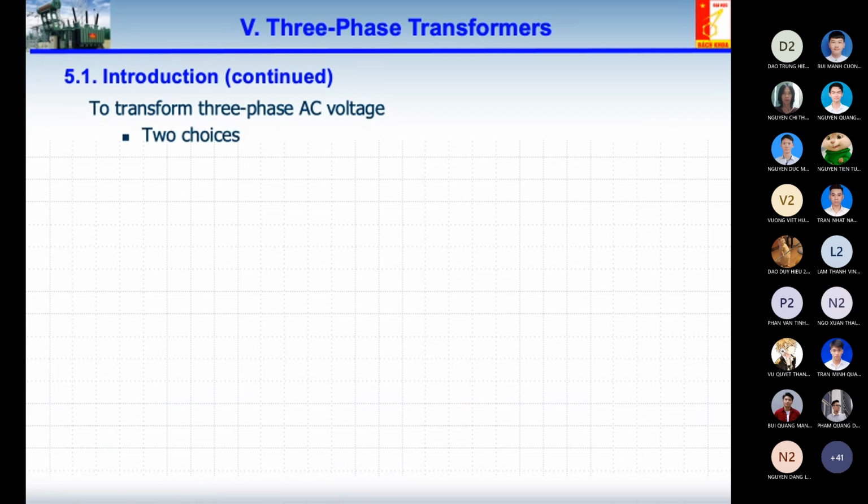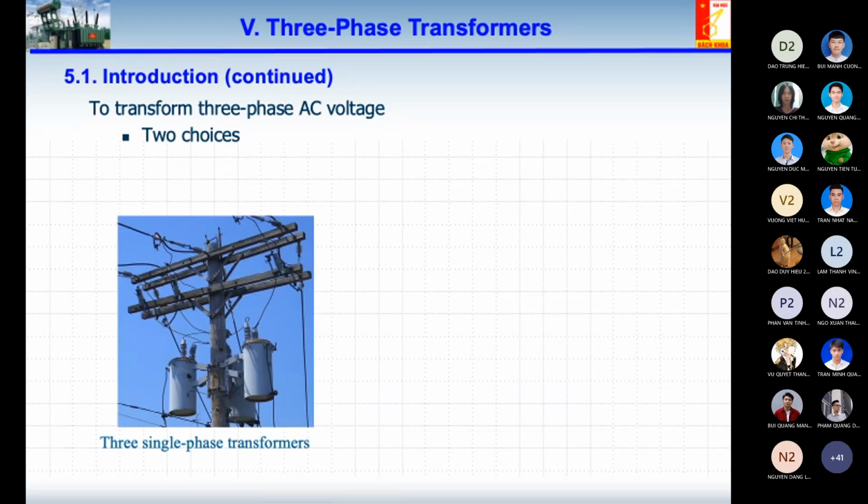And of course, in order to show you clearly, I would like to show you some pictures to easily visualize. We have two choices. The first choice like this, you can see here three single-phase transformers, and this picture only appears in Ho Chi Minh City, because in Ho Chi Minh City they easily use this type